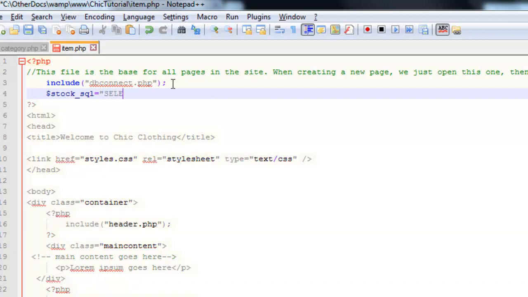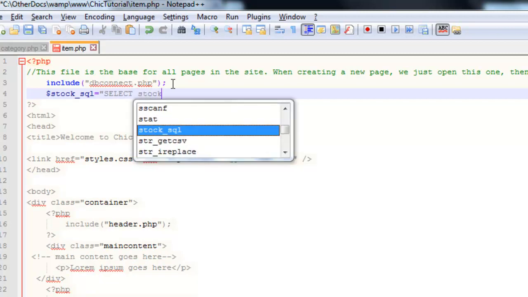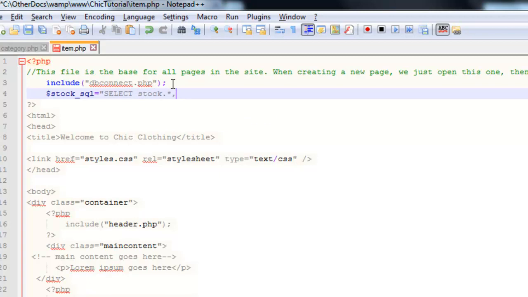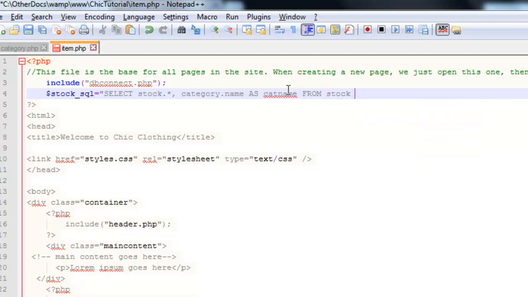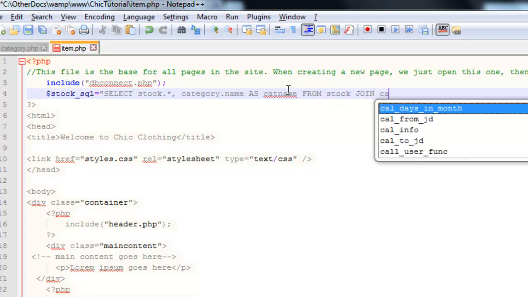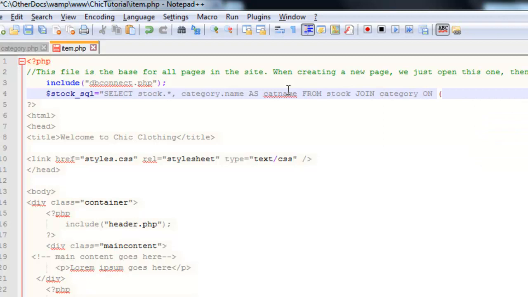So this is going to be, I think I want to select, it'll be from 2 tables again. So I want to select everything from the stock table, and then also I'm going to go and get the name of the category from the category table. But again, because in the stock table we have a column called name, I'm just going to use an alias again. So I'm selecting this from the stock table, but I'm also going to join the category table,